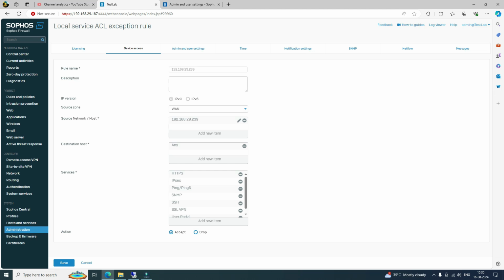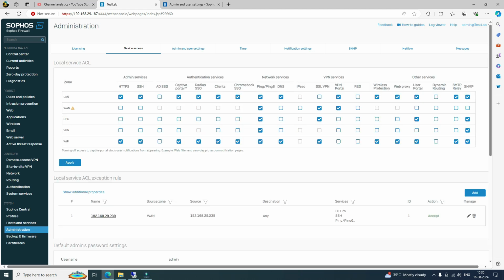So those services you can define under the services section, then just define the action as accept, then click save. After saving this ACL rule, that particular source IP would be able to access this firewall from the outside network. And one more important point is, if you try to enable this option for the WAN zone, for example,